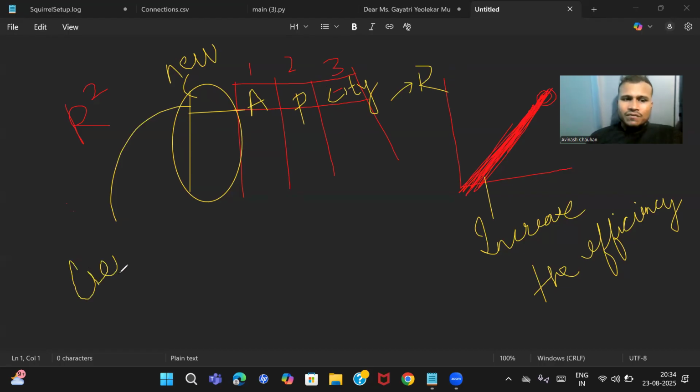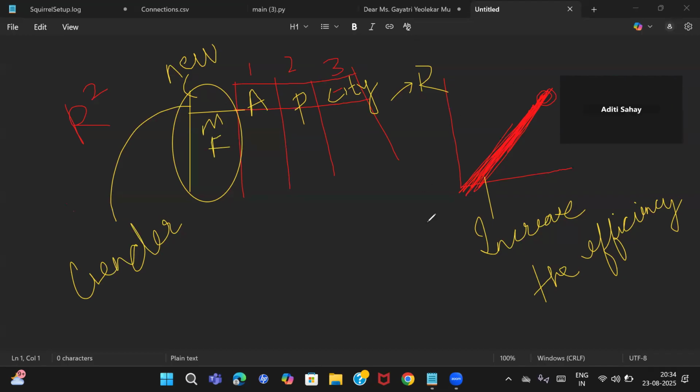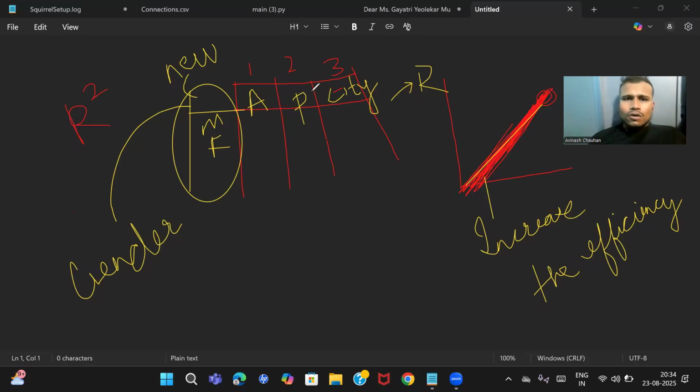If it's a gender feature, whether it's male or female, this particular feature would not affect your machine learning algorithm or the model which you have created. Why? Because ultimately the apartment size, the price, or the city